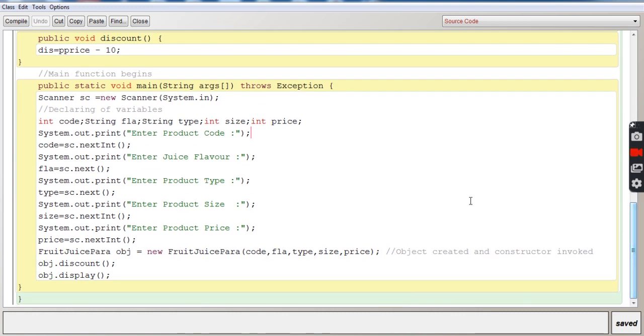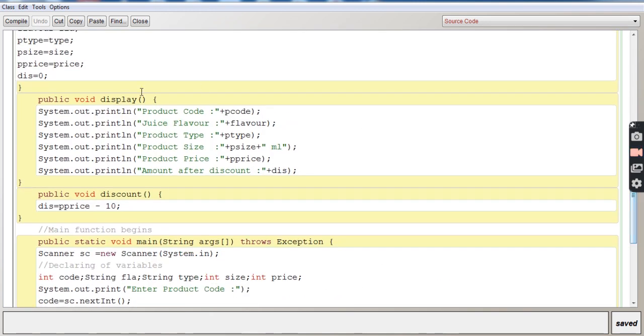Once that part is done, it will go to object.display, because it has to display the details of the product. It will find it over here. So it is going to display all the details: P code, flavor, type, size, and price, what the price was given, and after discount, how much amount is to be paid by the customer.